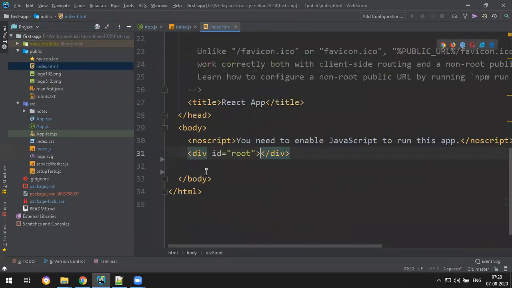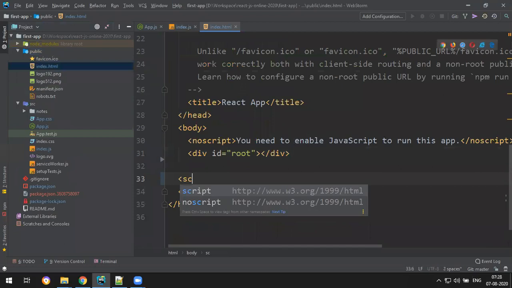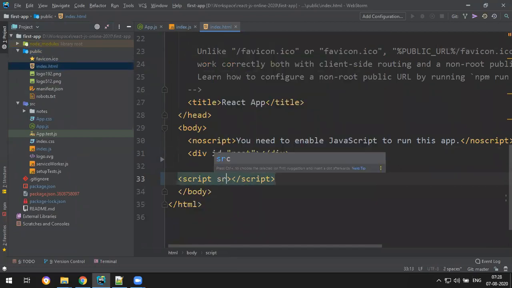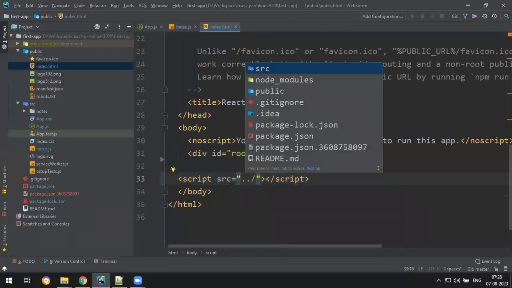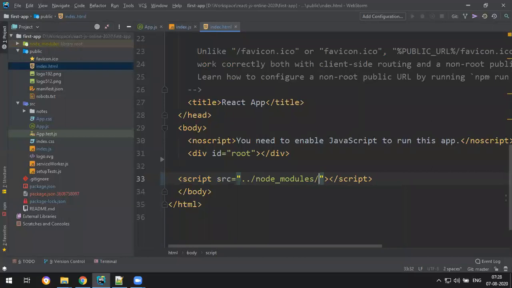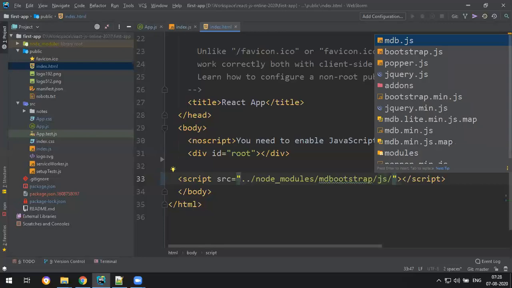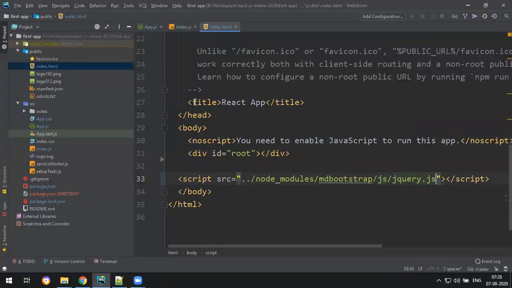Somewhere at the end of the body tag you will write a script. The src will be dot slash node_modules folder slash md bootstrap slash js folder slash, using Ctrl+Space, jquery.js.